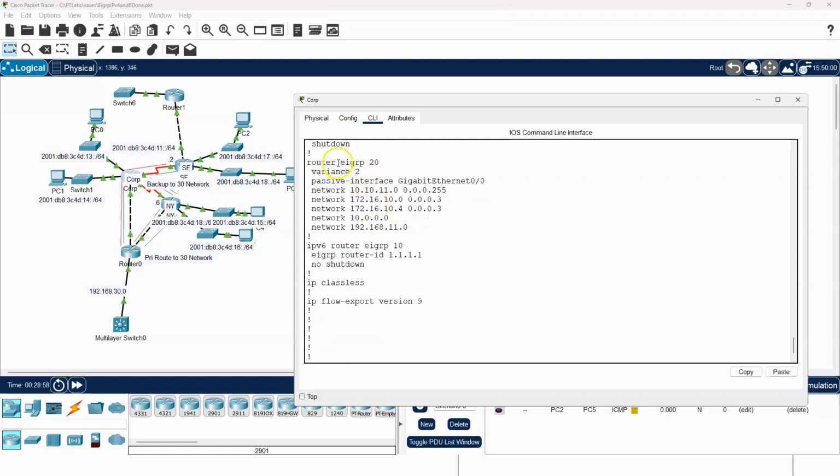Down here for IPv4, not IPv6 router, but router EIGRP 20 is the autonomous system for IPv4. I did a variance in here, I was trying to make it do something that it didn't do. And then we have the network, the 10.10.10. Instead of using the subnet mask, we use what's called the wildcard mask. So the wildcard mask 0, the subnet mask would be